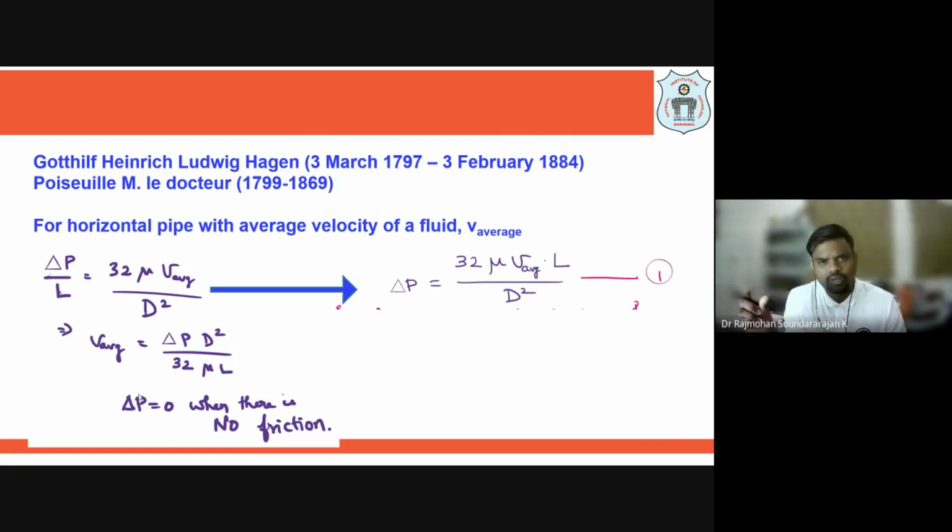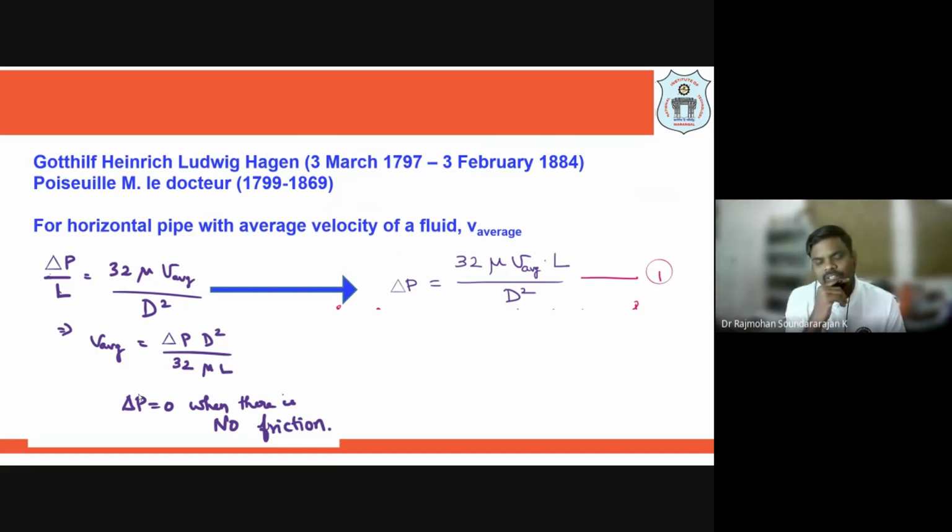So if you have a circular pipe, and if you want to determine the pressure drop across the unit length, how can we determine it? That's where two researchers, Hagen and Poiseuille, derived an expression and gave it to us, so we are easily making use of it. Here they have considered that there is a change in velocity, right? They consider the average velocity is half of the maximum velocity.